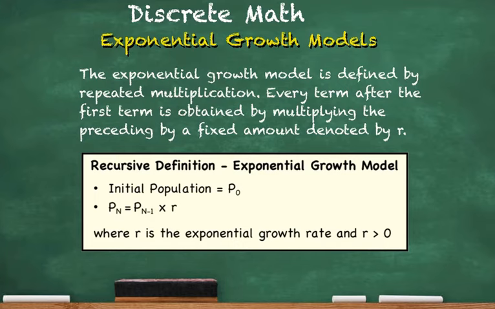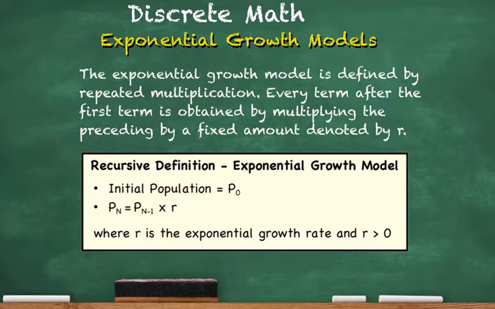So in this lesson, we continue our discussion of population growth by introducing the exponential growth model. We see that the exponential growth model is defined by using repeated multiplication, and every term after the first term is obtained by multiplying the preceding term by a fixed amount, which is denoted by R, R being the exponential growth rate. We see in this box down below, we have the recursive definition of the model,